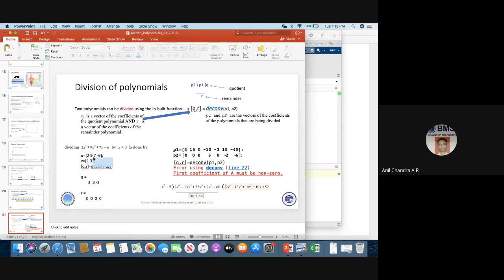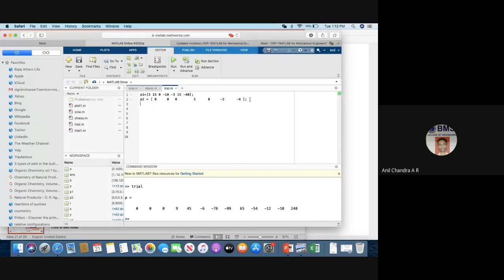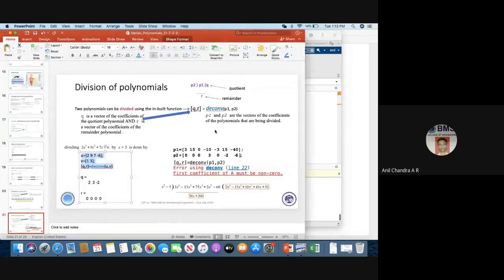So I save it and run it. It's given the quotient, a quadratic expression, 2x squared plus 3x minus 2. That is the expression of the quotient, and there is no remainder. Please keep it in mind: there is no remainder, you get only the quotient.